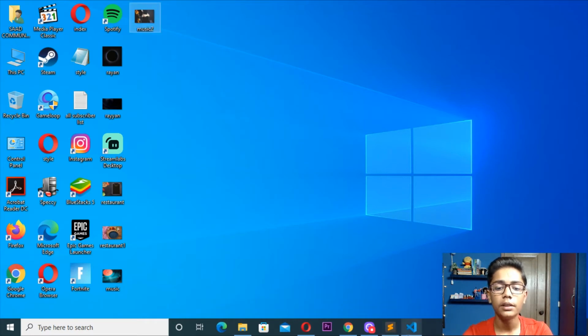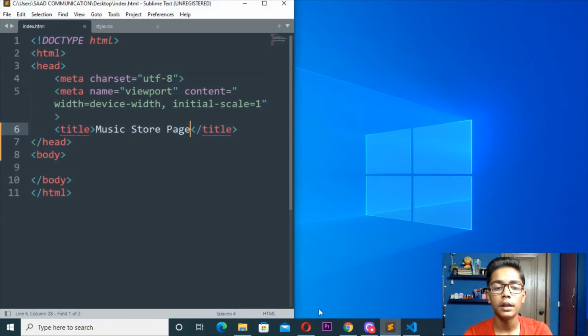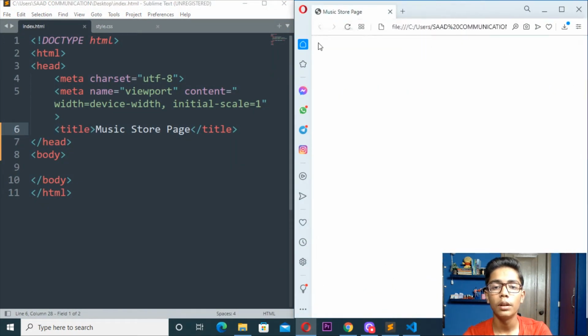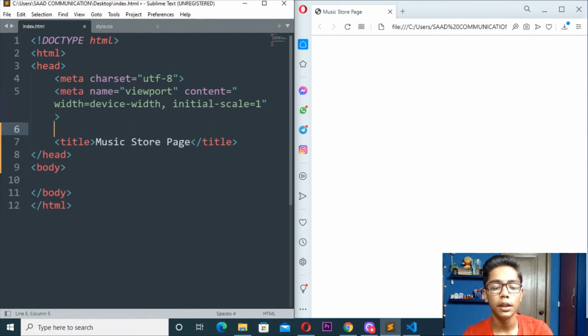When you've done that, simply go to your Sublime Text, and here I will open the Opera browser on the left side. Now close this because we have downloaded the image. So now we have to do one thing: we have to link our style sheet with our HTML sheet, so that when we put the background image here, it will come through. So here I'll be writing the